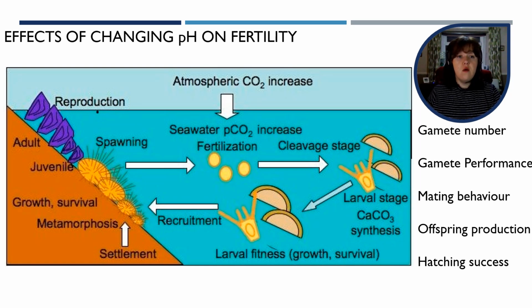pH changes can also impact motility, fertilizing ability, and the velocity of sperm, as well as the duration of the motility period. Changes in pH can also affect the gene expression and proportion of abnormalities in fertilized eggs in some species. At increased pH, some species also show low hatching survival rates.